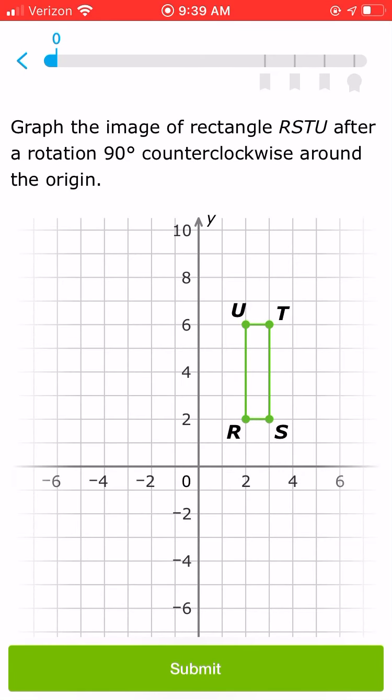Okay, guys, so we're rotating images today, and basically, the main idea I want you to get out of this is after you graph the image, I want you to look at it and see where it lands, because for the ACT or tests like that, they're really not going to ask you to graph any of these. What they're going to do is just show you a series of pictures and see where it lands. And most of the time, if you can visualize this, you're going to get the answer right,